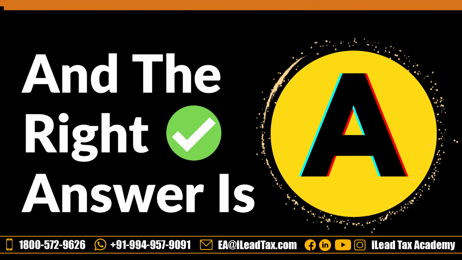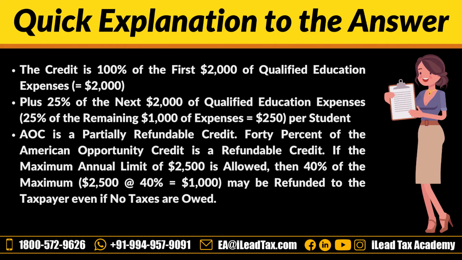The answer is A, 2,250. Let's see why it is A. In this case, Ganesh paid 3,000 for his daughter's tuition. Since the maximum credit is limited to 2,500 per student, the credit amount will be based on the maximum allowed expenses. So the maximum potential amount of his American Opportunity Credit